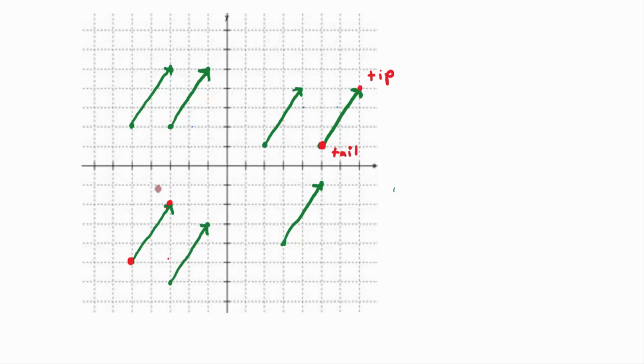So how could we invent some sort of notation to indicate the one kind of vector that all of these green vectors represent? What could we do? Put them like coordinates? Yes. But the coordinates would actually be the change in the horizontal value for one coordinate, and then the other coordinate would be the change in the vertical value. Right. So if we draw in this right triangle here,